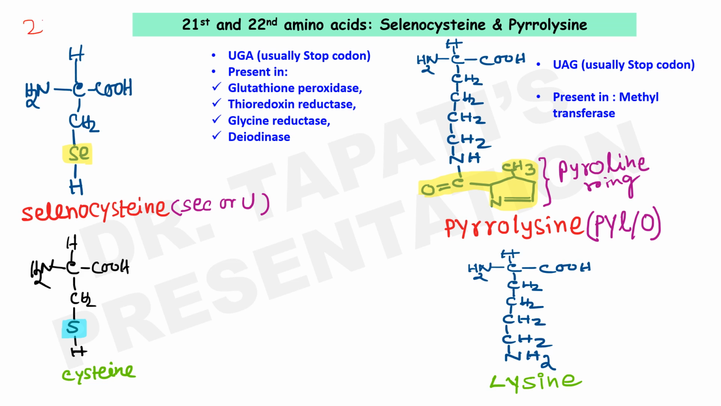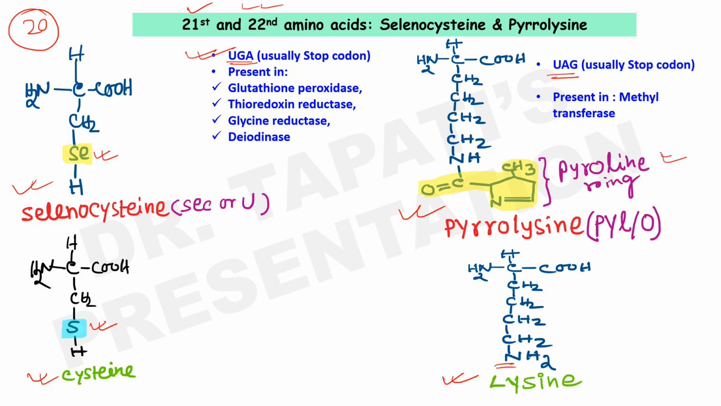Although I told you about 20 proteinaceous amino acids, selenocysteine and pyrrolysine are the 21st and 22nd amino acids, and they are also inserted into proteins. They are mostly encoded by stop codons. Selenocysteine is encoded by UGA, which is a stop codon. Similarly, pyrrolysine is encoded by UAG, which is another stop codon. Selenocysteine is similar to cysteine: in cysteine, sulfur is present, whereas in selenocysteine, selenium is present in that place. Similarly, pyrrolysine is similar to lysine, where an NH2 group is present in lysine, but in pyrrolysine,